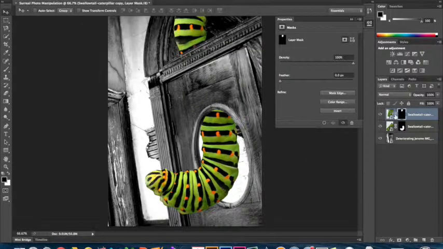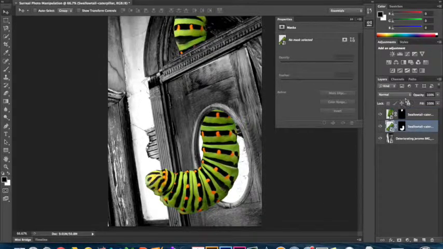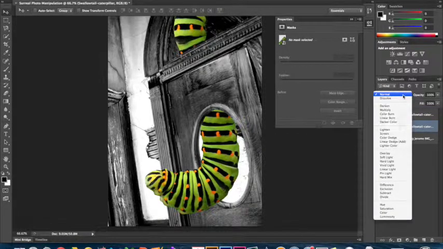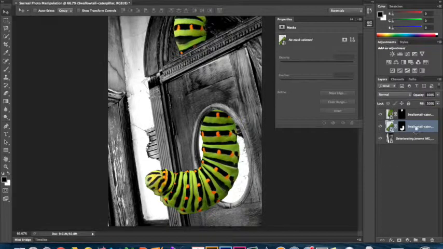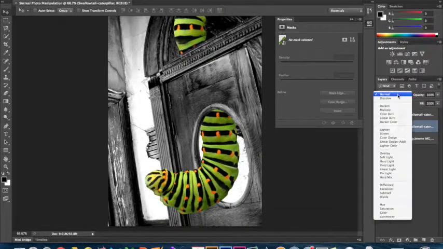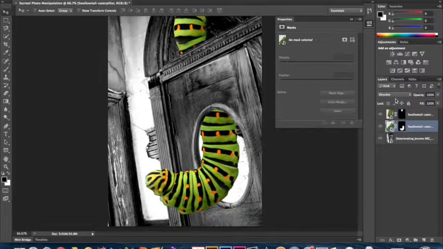So my final thing that I'm going to do, I want this caterpillar to feel like it's more part of the image. So I'm going to try some of my different layer blending modes. So in my layer palette, you'll see here that it says normal. That means it's just the image as is. But if you select some of these different ones, it'll change how the layers are reading together. So here it's reading the caterpillar as more transparent. So I can just go through and